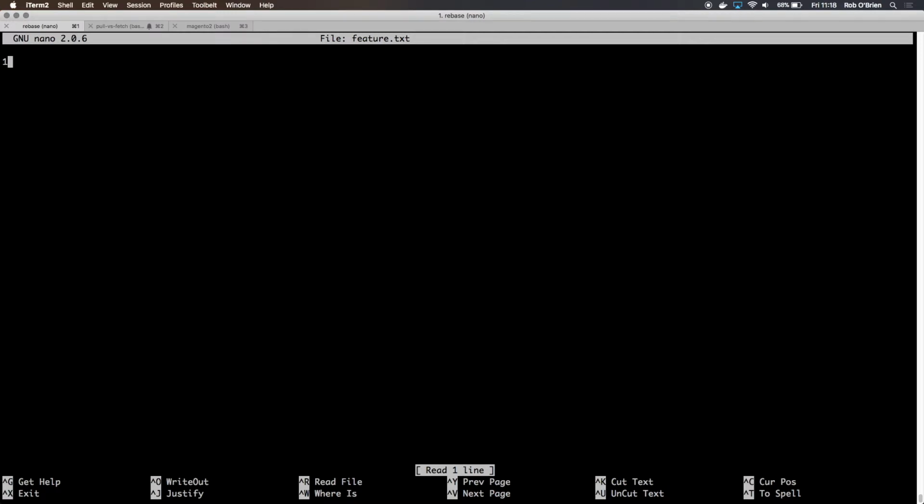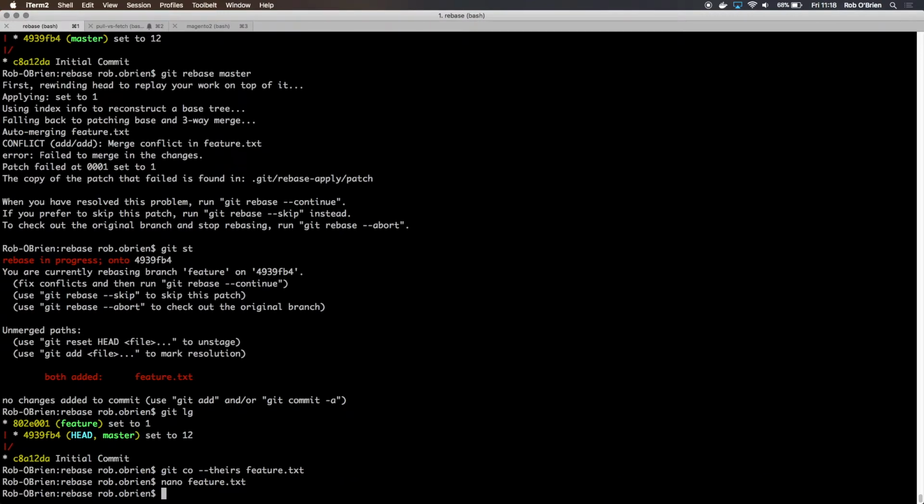So you can do git checkout --theirs or --ours, but you've got to remember, although you are on the feature branch when you rebase, git checks out onto master so you can start applying your commits. So ours is your master branch and theirs is the feature branch. You can use this if you know that you want whatever's on their branch and you don't care what was on your branch. You can just check out theirs rather than having to manually go in and resolve that conflict. And then with Visual Studio Code, you get